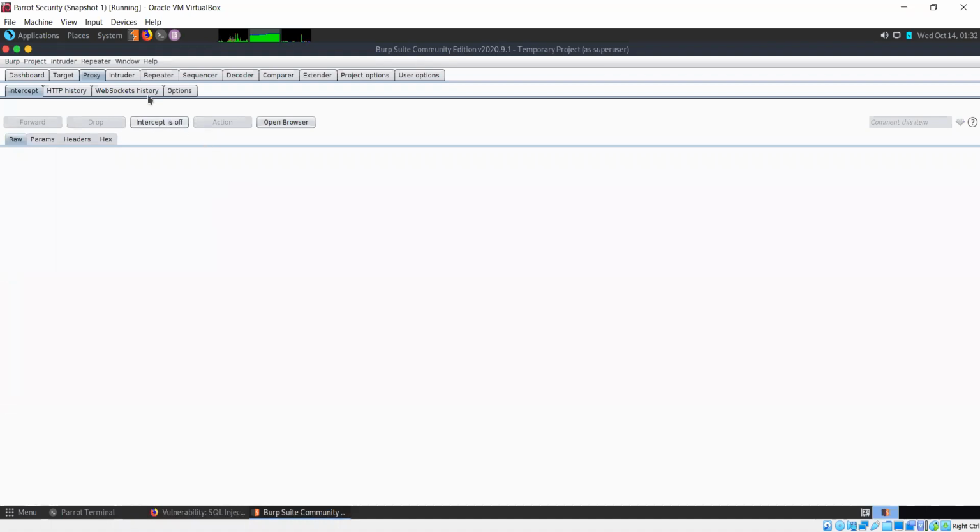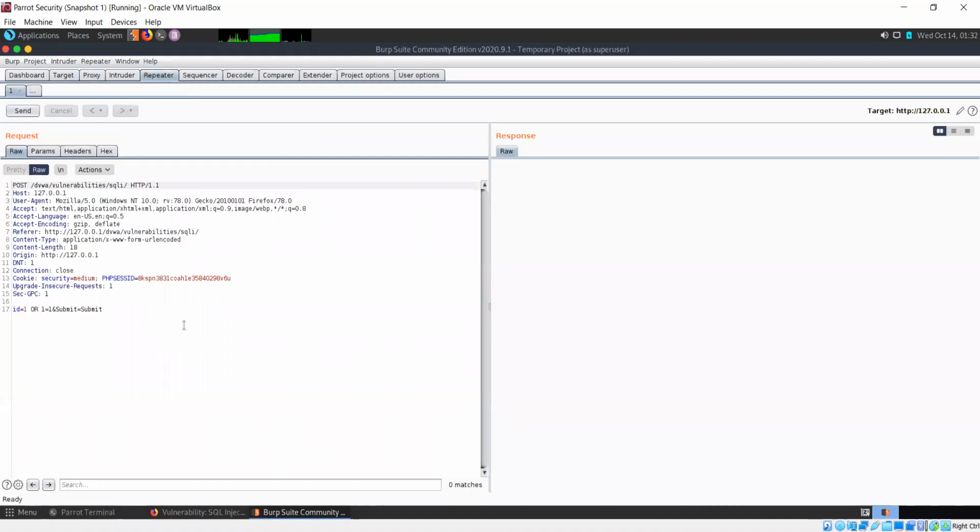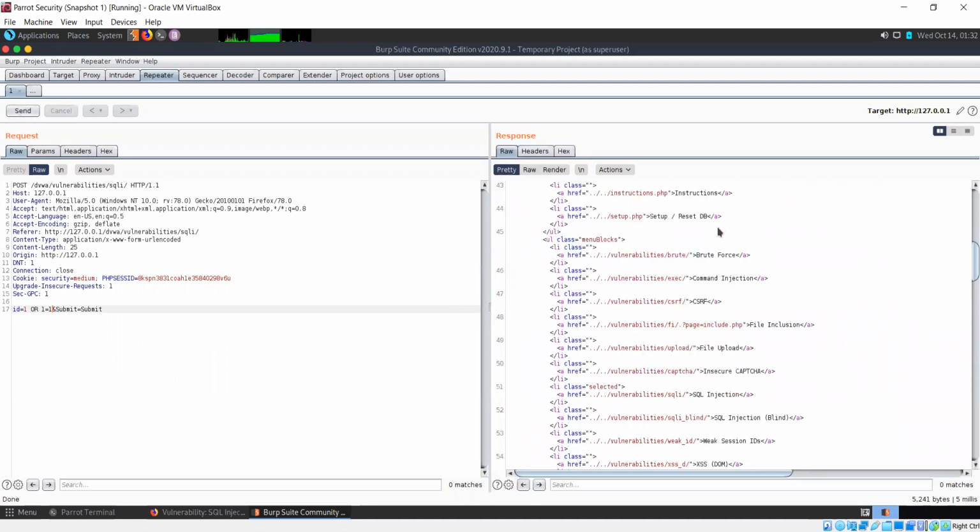Turn intercept off. And now coming back to repeater, the thing with repeater is that you can send the request as many times as you want, but the only thing is you'll see the response here and not in the browser. So if I send this as it is, I'll see the response.